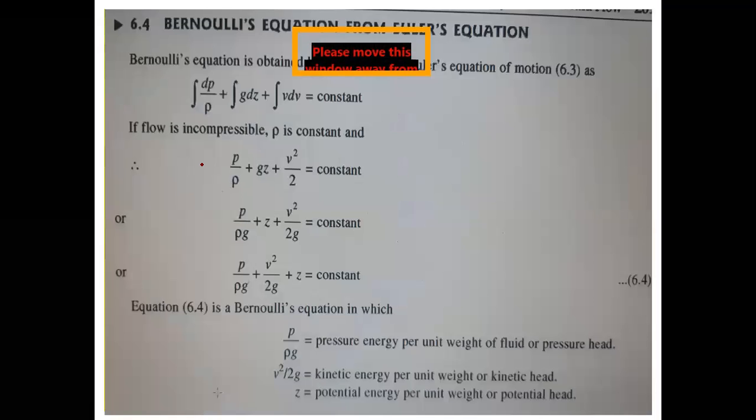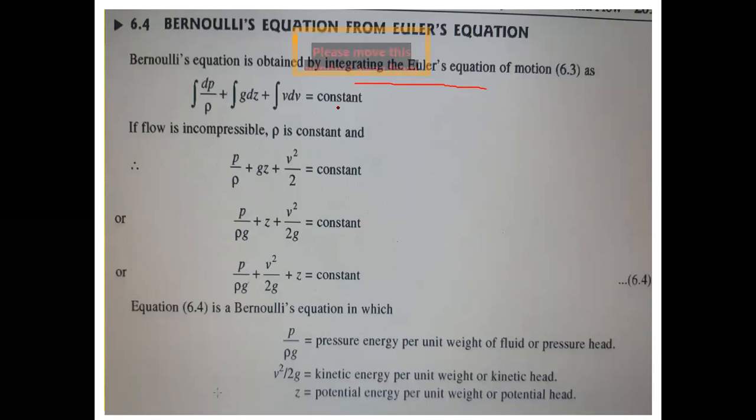Next, Bernoulli's equation from Euler's equation. We discussed Euler's equation in the previous class. Now, how to get the Bernoulli's equation from Euler's equation? The Bernoulli's equation is obtained by integrating Euler's equation of motion. So what is this one? dp by rho plus g dz plus v dv is equal to constant. Now integrating this, we get p by rho plus gz plus v square by 2,